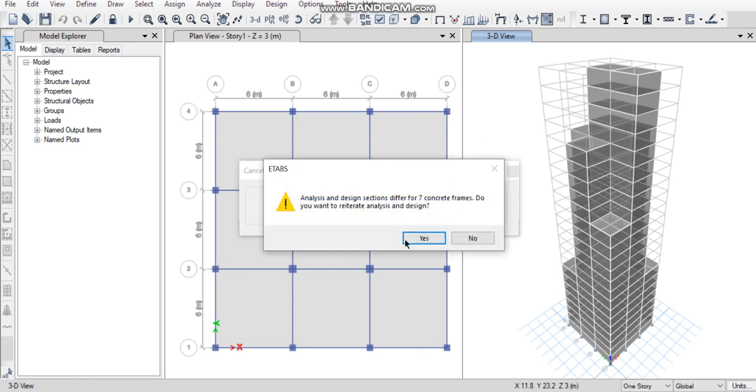You will get a notification that analysis and design differ for 7 concrete frames. This happens because there are 3 different columns and 3 different beams of different dimensions. So it asks you to reiterate it.